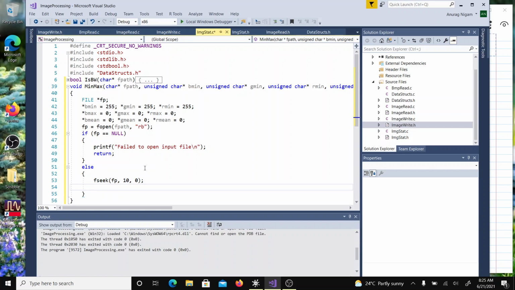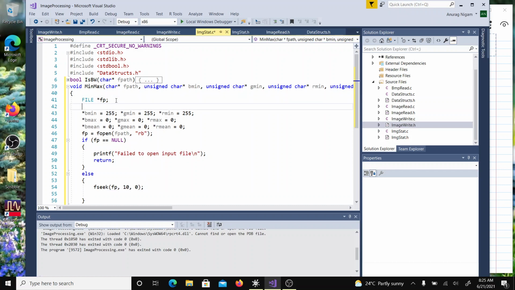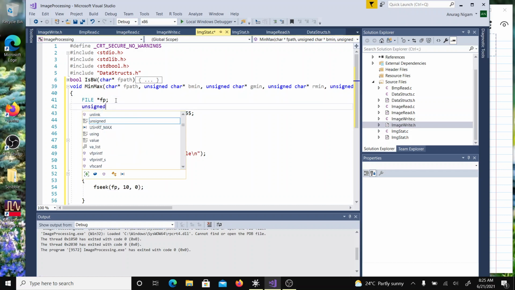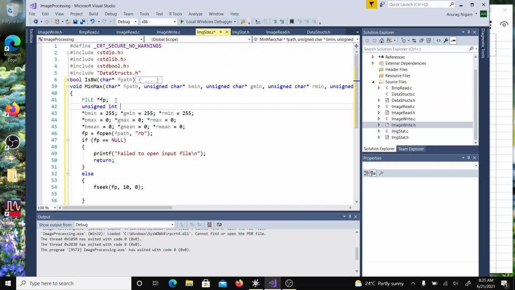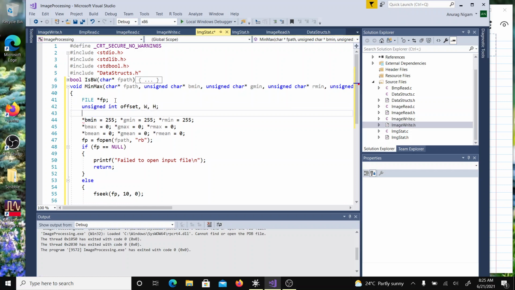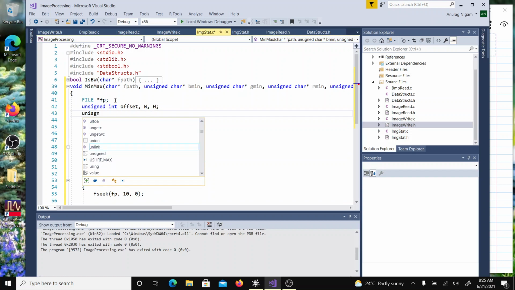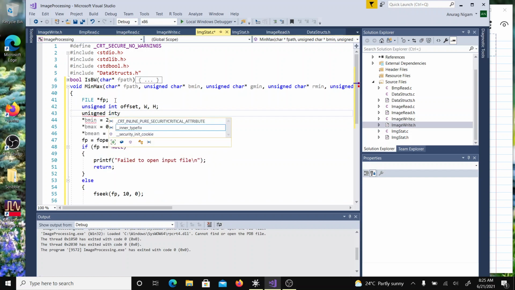So the offset is at the 10th byte. Here I need to create some more integers. So let's say unsigned int, that will store the offset. Then there will be an integer to store the width. There will be an integer to store the height. Then there will be an integer